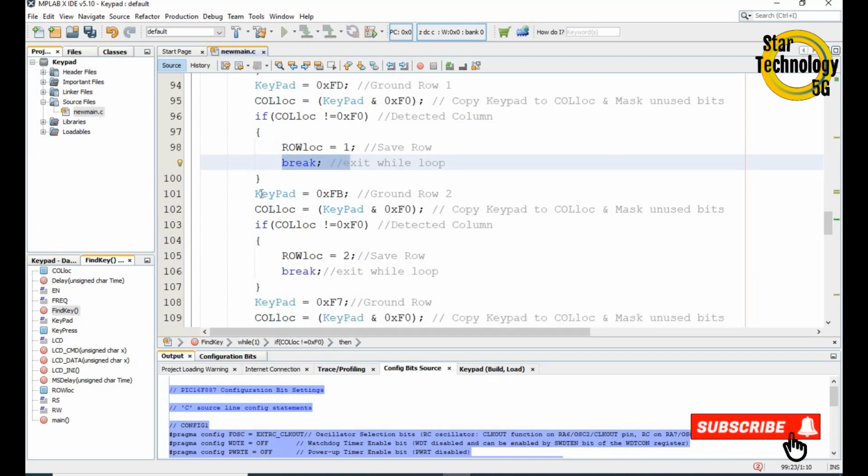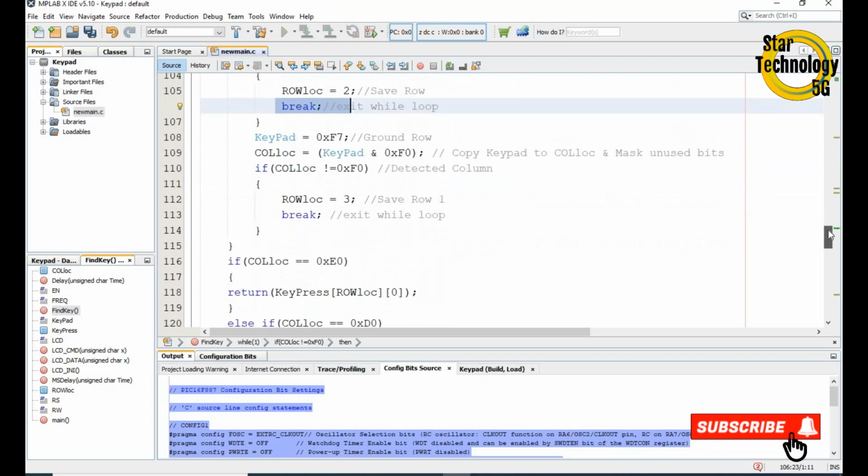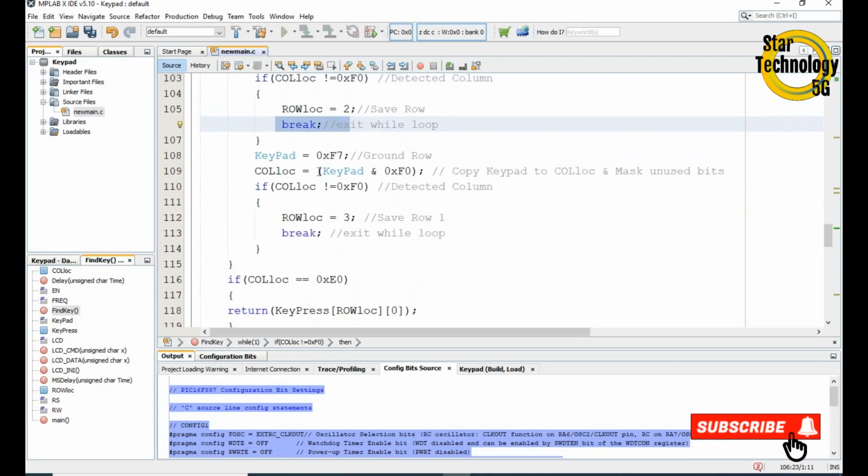it will again send 0xFB. It will ground row number 2 and it will copy that data to the keypad, and here we will mask the unused bits, and if the data is changed, it means row number 2 is locked and it will break. And at the end we have copy 0xF7.